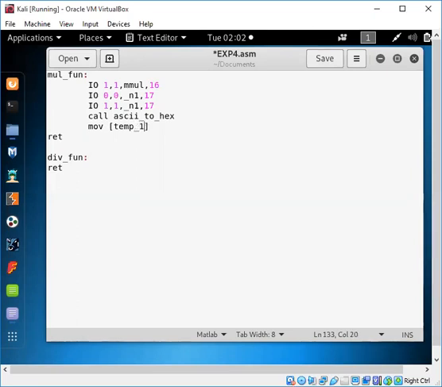That will be for the first. So it will be referred by storing this x into a temporary variable, that is for first. Similarly, we do it for the second input.